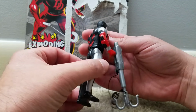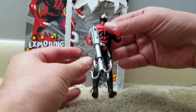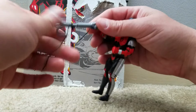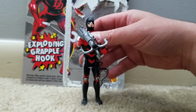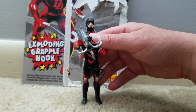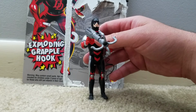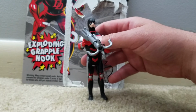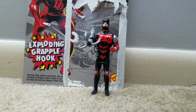So this is obviously just a repaint. They kind of painted it silver to show the armor. So very weird Daredevil. Not one that I'm super into. I think the best Daredevil toy they ever made was from the Spider-Man line, and it's really weird because he has all these yellow armor things that turn into some kind of tank or whatever. But the figure is really well made. I think that's the best one. And I actually have a yellow and red one that Toy Fair had as a mail-in, so I think those turned out really nice. But there you have it, the Marvel Superheroes Toy Biz Daredevil from 1994, I guess version 2,